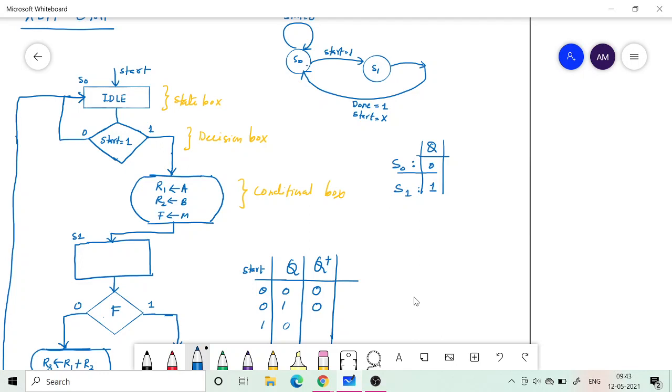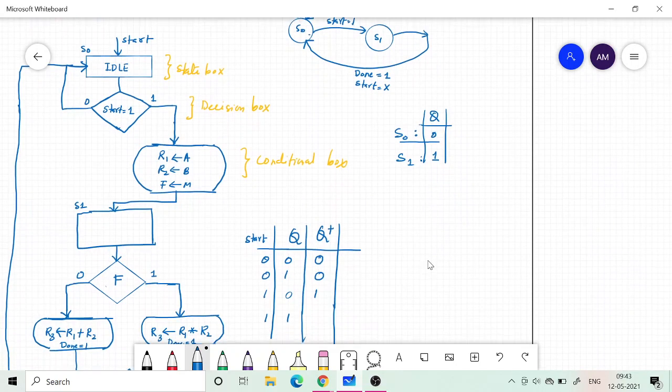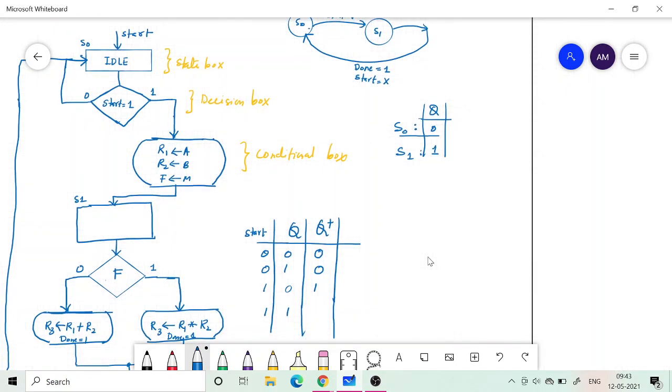Then the next one, I am at S0, my start is 1, so I should go to S1, right? I should go to S1. Okay, when start becomes 1 and I am at S0, I should go to S1 state.